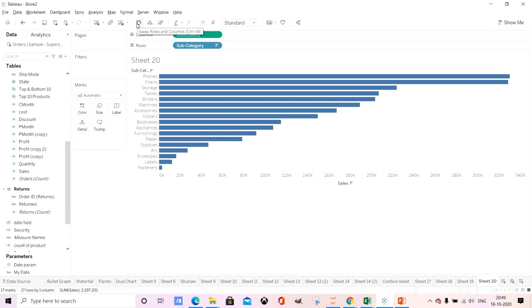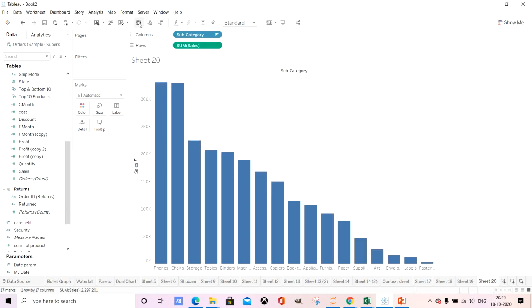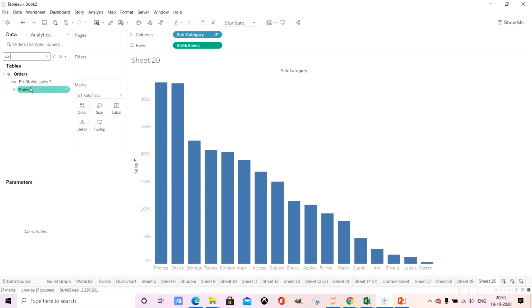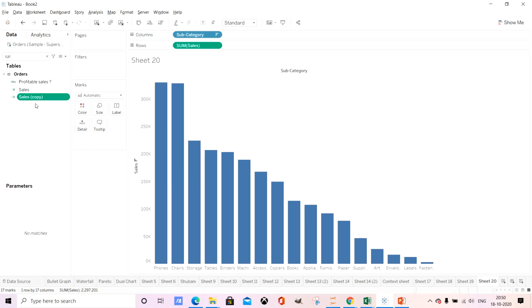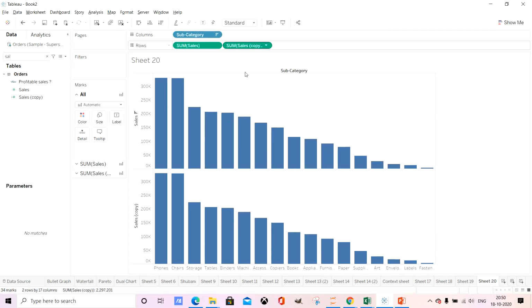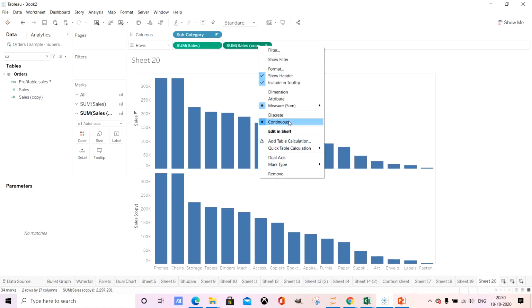So probably let's see. Okay, so this is each of my individual sales values. However, if I want to get my running total, like a Pareto chart, if you remember, like we did a Pareto chart. So I'm just taking a duplicate of the same measure. I can just right click, duplicate, and I get the same thing, and I'll bring it right here again. And this second copy, what I'll do is transform that